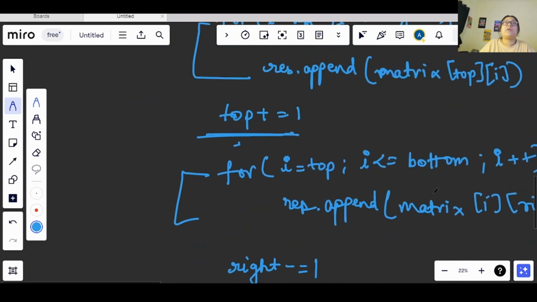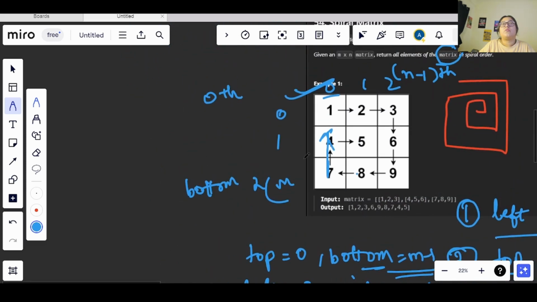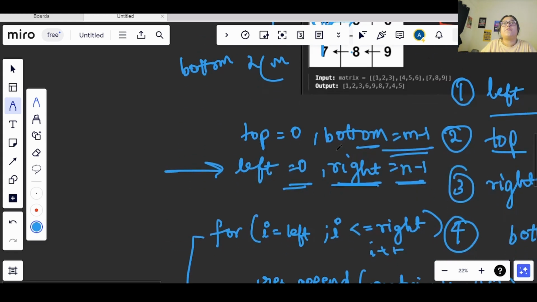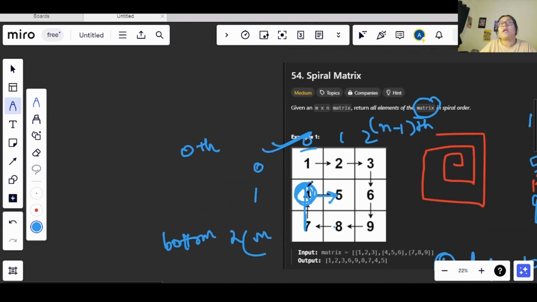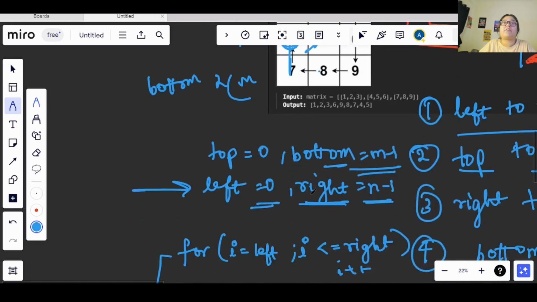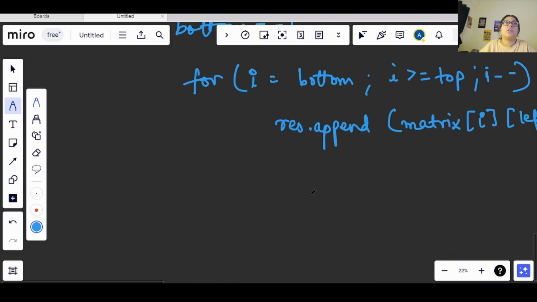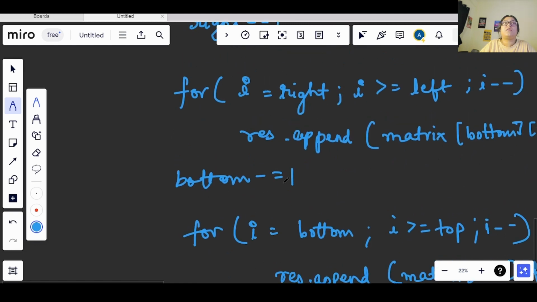After this, I have completed the iteration there, and again I have to move right. We were using the leftmost column, right? And therefore we will move towards the right direction. And how we will do that, we will increment the left value by 1. So here we will increment left by 1 and we will go like that.